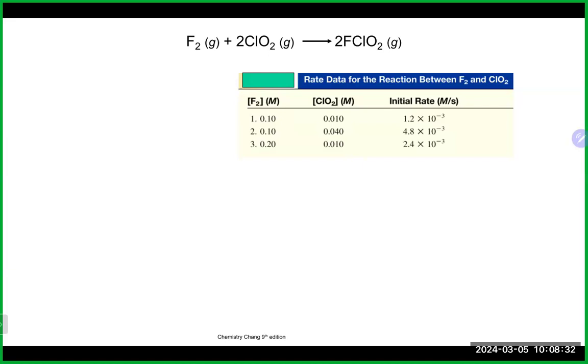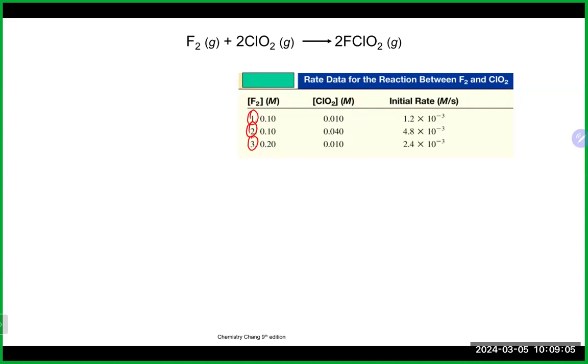And you'll have some different experiments. So this is experiment 1, experiment 2, experiment 3. These are 3 different experiments that were done for this reaction, and you measured the initial rates and the concentrations of your reactants. I'm going to talk about the way that you can use this information to figure out the actual rate law. I'm going to do more of a mathematical approach because that's usually best for people. If you understand the relationships, you could figure it out without doing the math, but the math is a